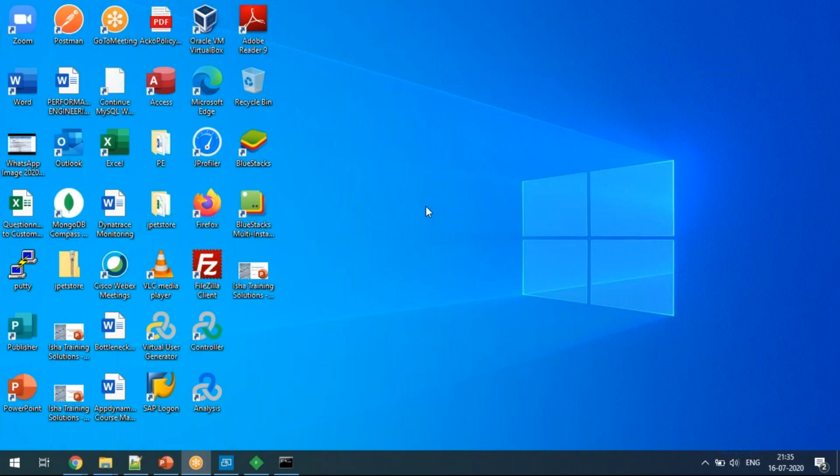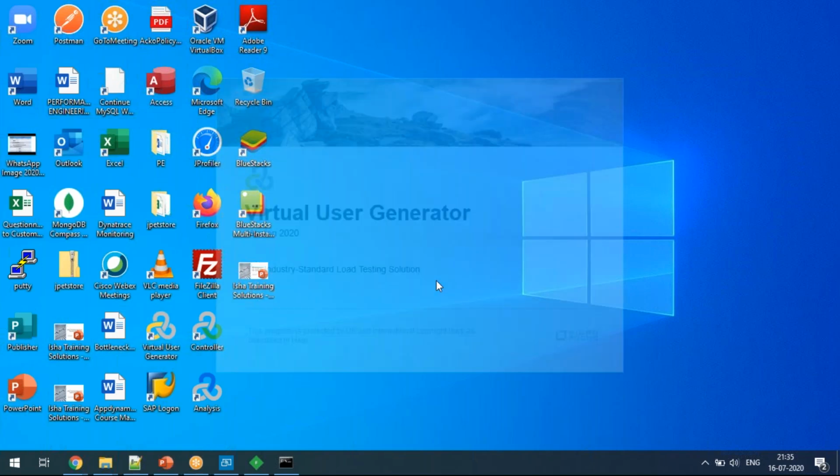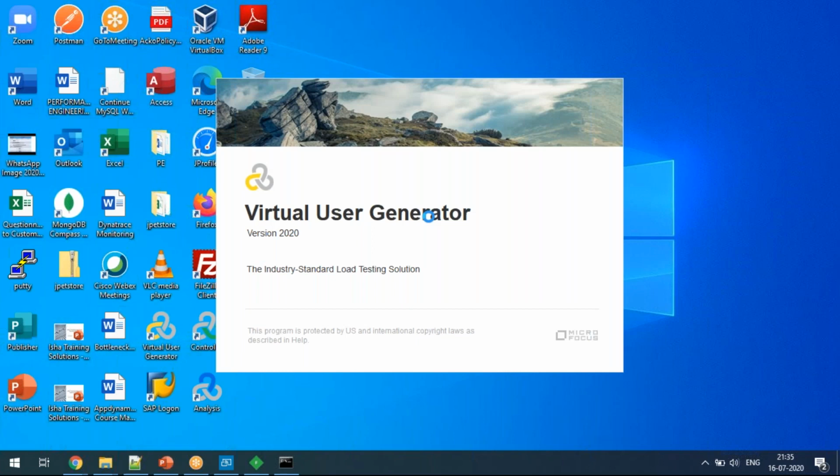Similarly, if you launch LoadRunner, it is taking a little time to launch.